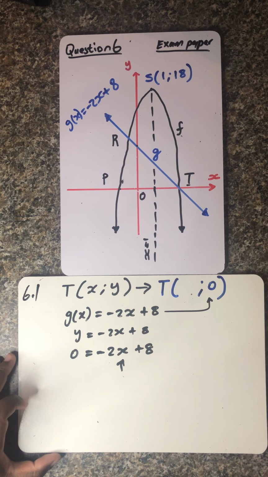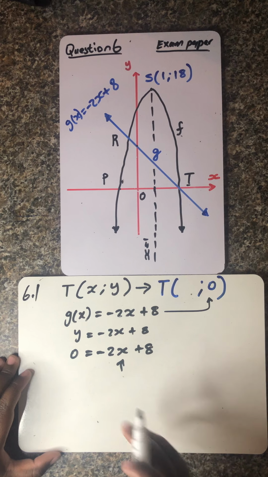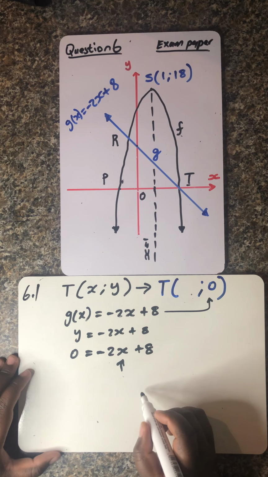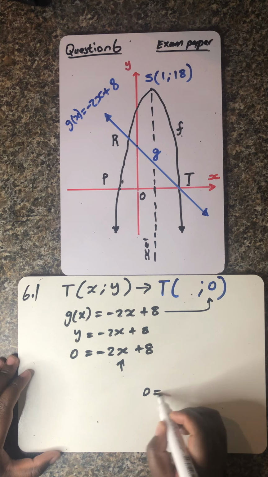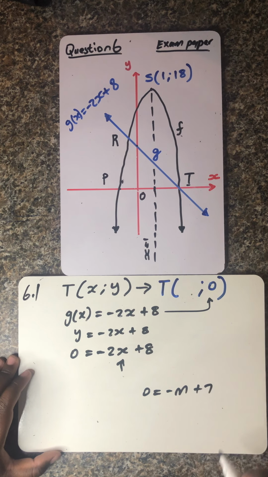Okay, so ladies and gentlemen, obviously because we don't know the value of x, that means we now need to solve for x. There's something, guys, that I want you to notice. Let's say, let me say 0 is equal to negative m plus 7, just as an example, ladies and gentlemen. Remember, guys,